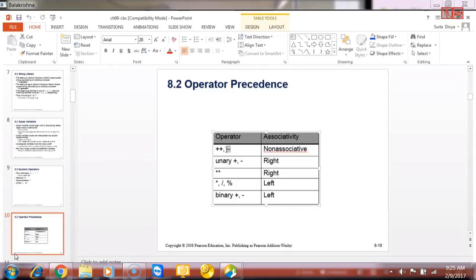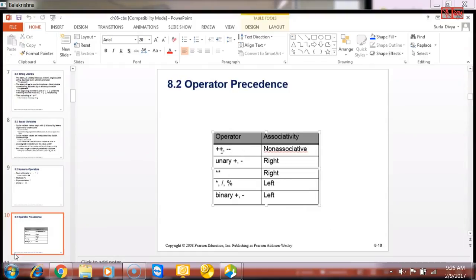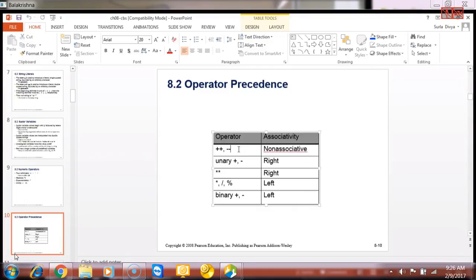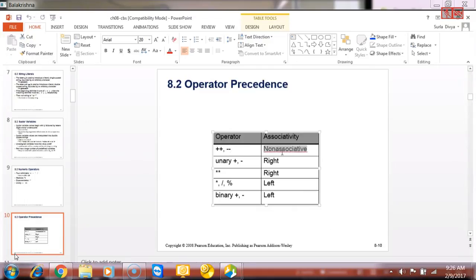We have already assigned 1 to it, so 1 plus 1 is 2. That's how it is. But if such unary operators are used in a given expression, then that is non-associative. So in the example that I just told earlier, a of x plus y, if you have an expression where you have a unary operator, then it cannot be associated like that.